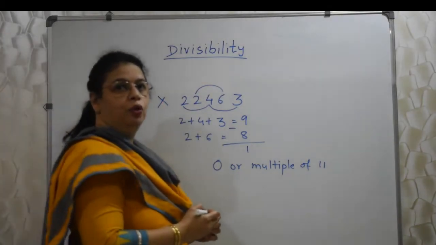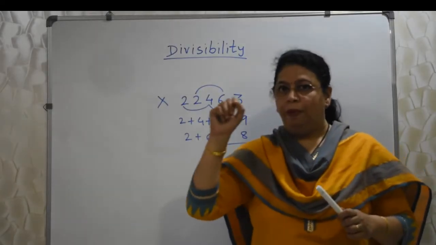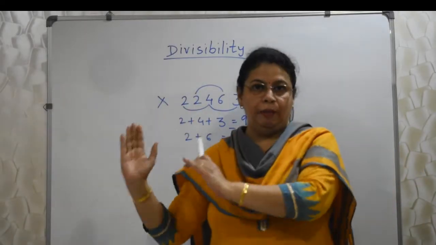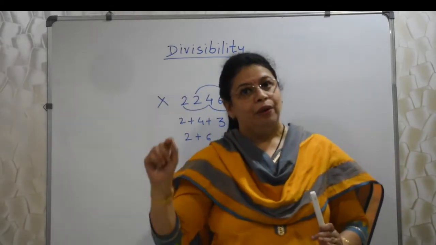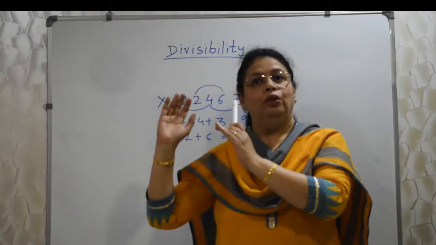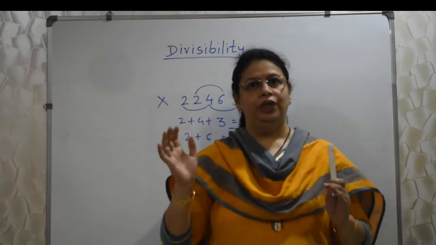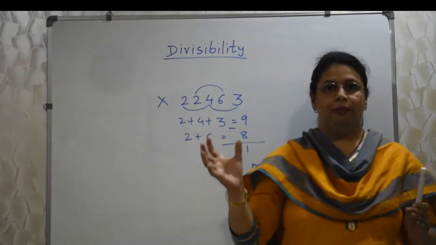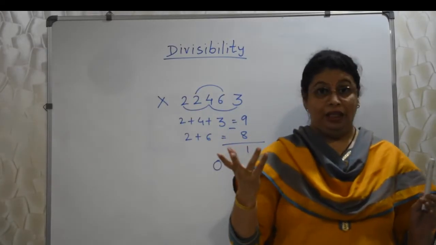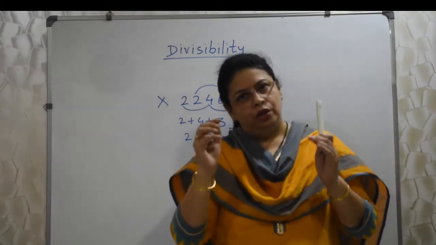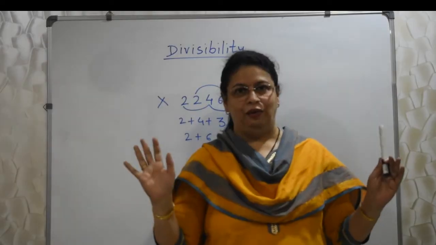Understood? You have to add all the digits at all odd places and keep that aside. Then add all digits in the even places. Then subtract the two. Whichever is bigger, you reduce. Normally the odd places sum is bigger, but I cannot say that. Sorry, no. It can be anything. Whatever is bigger, you subtract the smaller one from the bigger one. Simple as that. We'll make it very simple.